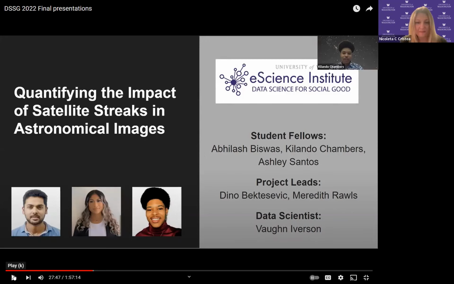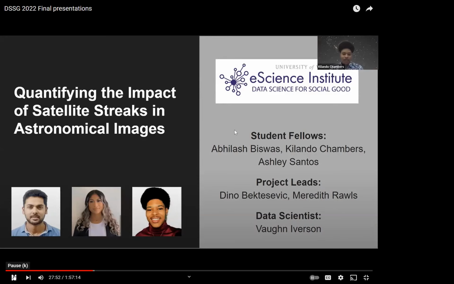Project presentation. We are the Satellite Streaks team. My name is Kilando, and I'm joined by the other two fellows here, Abhilash and Ashley. You can probably see them waving on the Zoom screen. We also have our project leads and data scientists, Dino, Meredith, and Vaughn, who are very integral in helping us